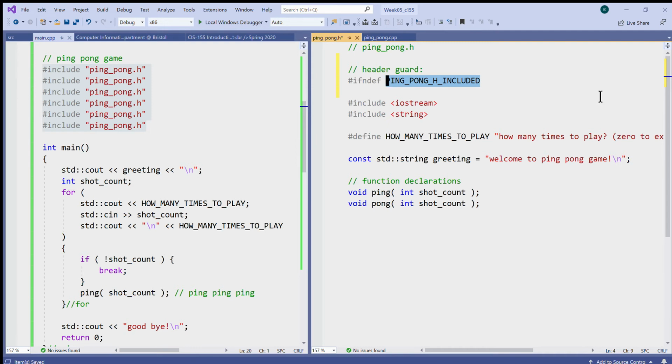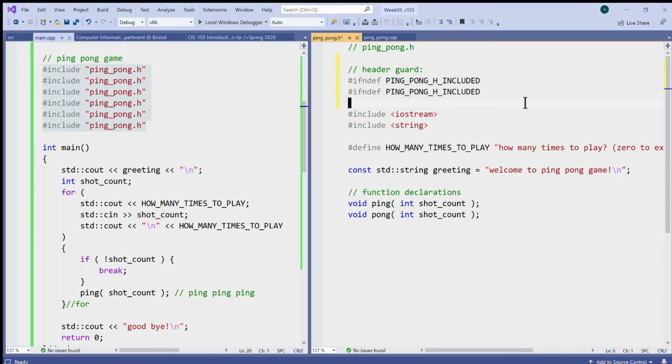The preprocessor symbols should be uppercased as a general rule. So I'm telling the preprocessor, if this symbol is not defined, so we can check whether this symbol is defined or not, we can say define this symbol. And to complete this, we need to also add the endif at the bottom of our